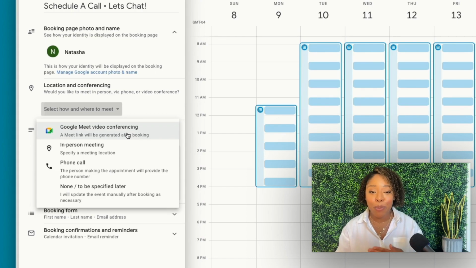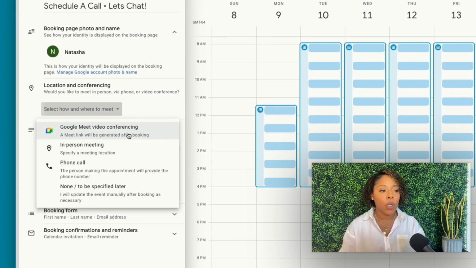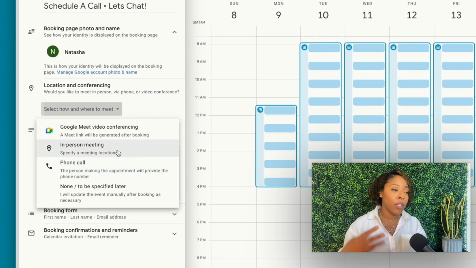More than likely, most people who would schedule a video conferencing with you are going to try to do it from their phone. So that's probably going to require them to download the app. Just to make sure all of that is not something that's going to get you hung up, I would definitely choose phone call. The reason why I would avoid in-person meetings is because let's say you only do 4 meetings a